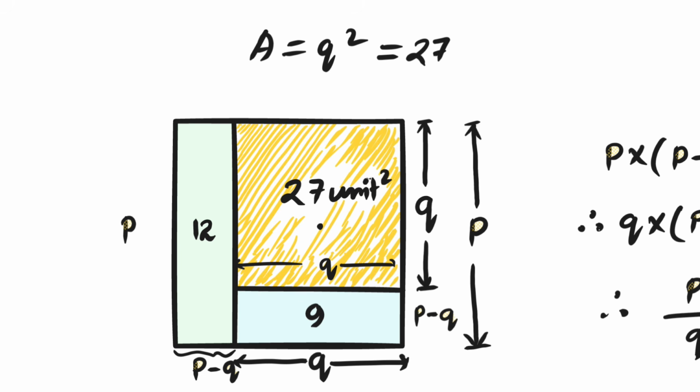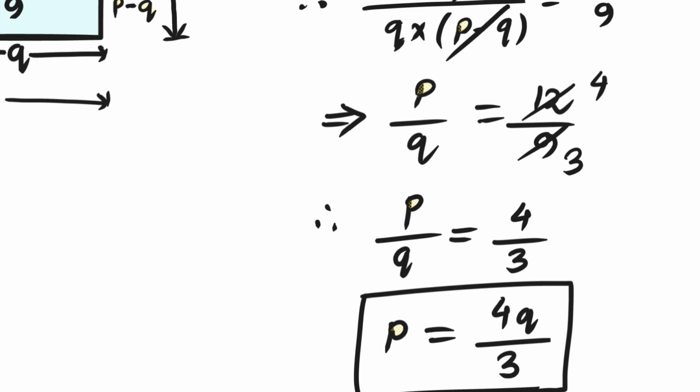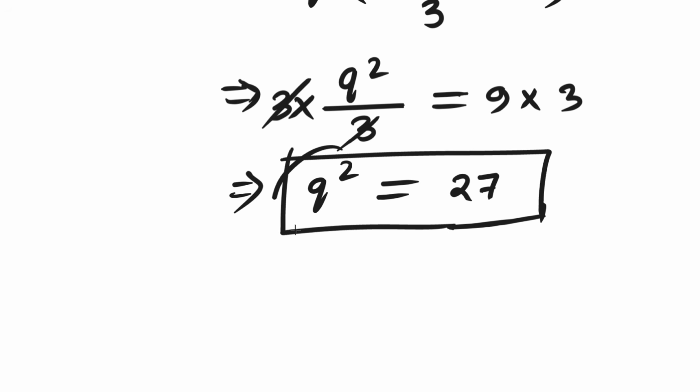Notice how we never had to calculate p by itself, and we never had to calculate q by taking a square root. The reason is that the quantity we actually wanted was q squared,